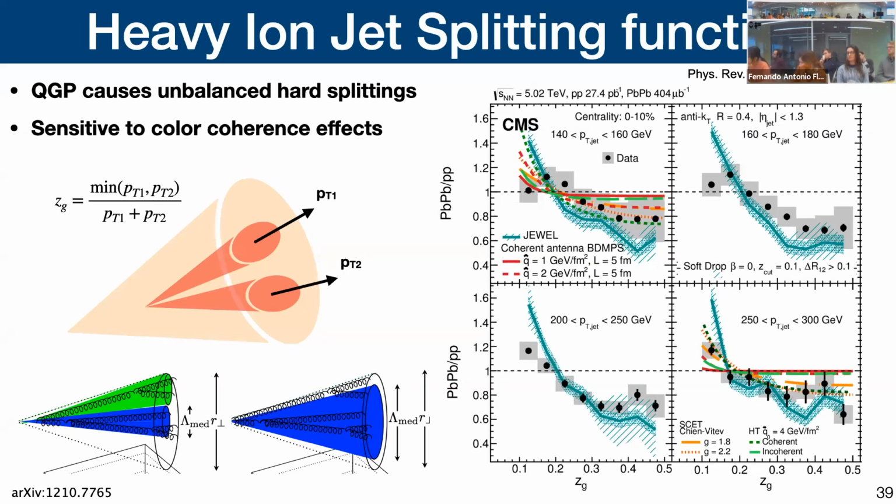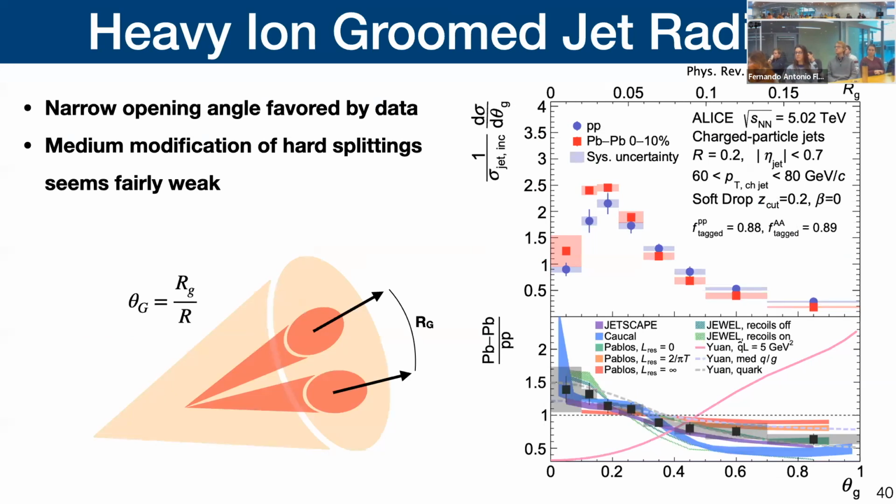I will say that this Elise paper is really nice because they actually do measure ZG in the exact same paper, and that's very nice because you can see how both of them change together, or at least change from the same experiment. Exactly. You see the modifications here, and then ZG. I think of ZG more as the splitting function, and RG is a more natural probe for coherence effects. Sure. But I'm not sure if that's just biased by the fact that we see a modification in one and not the other.